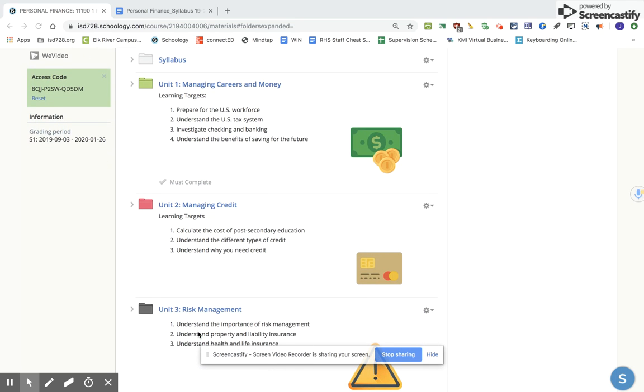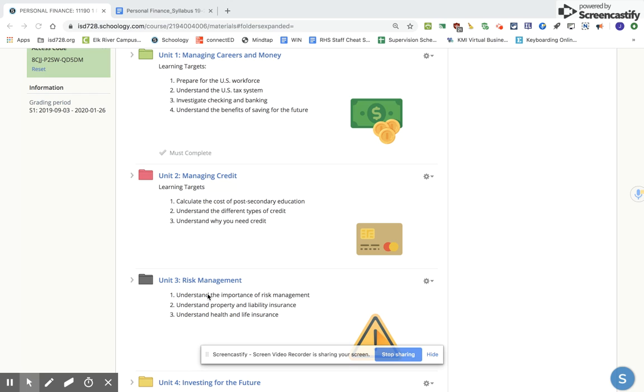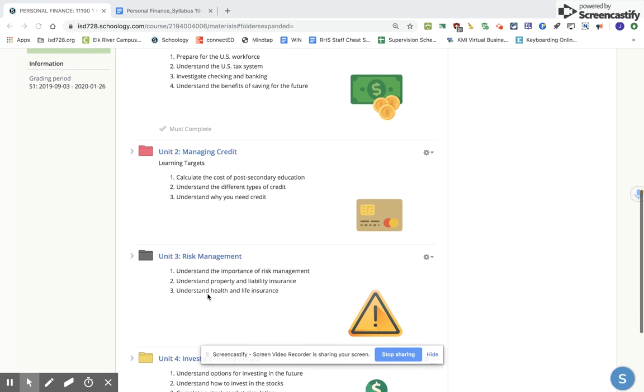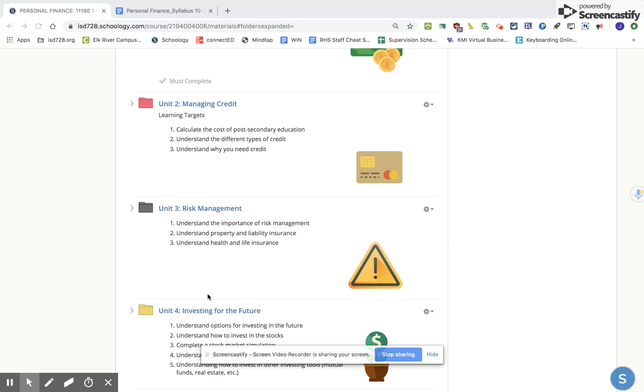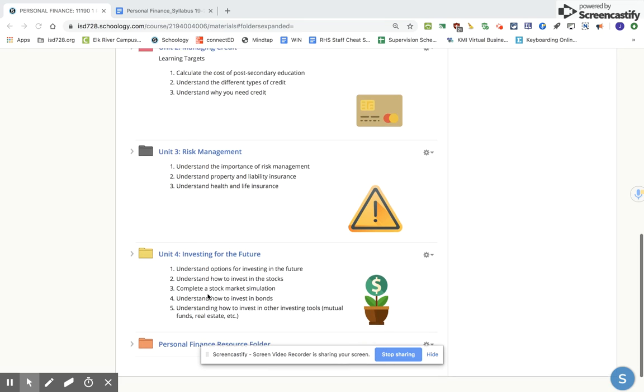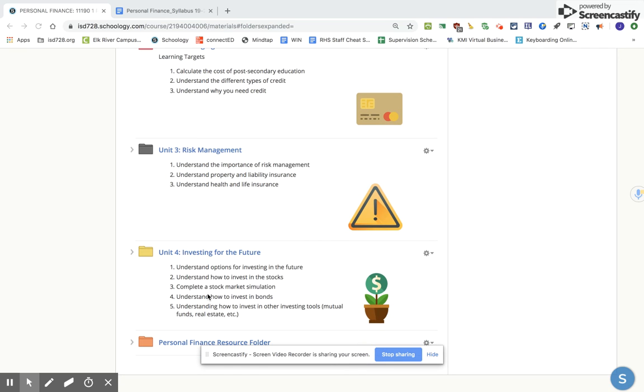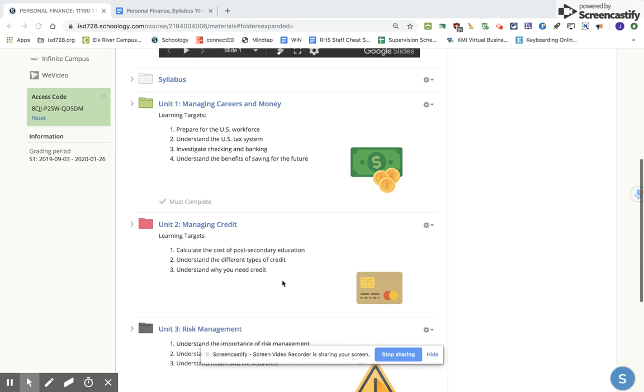The last units we look at are a little bit shorter. So risk management, we look at insurance. So how to cover any risk that you might encounter in your life. The last and my favorite unit, and if time allows, we'll be able to cover this, would be investing for our future. So at such a young age, you'll find that time is on your side. And so this would be the focus point, at least in my opinion, of what you can do today for your financial future. So throughout the units in here, you'll see small assignments.